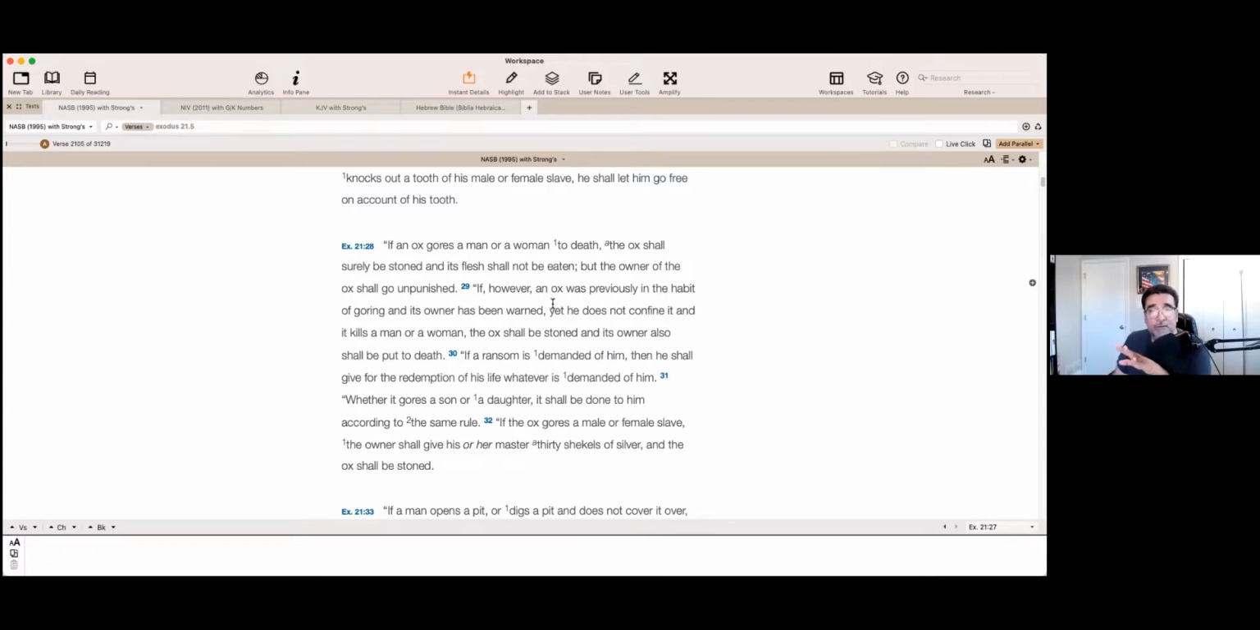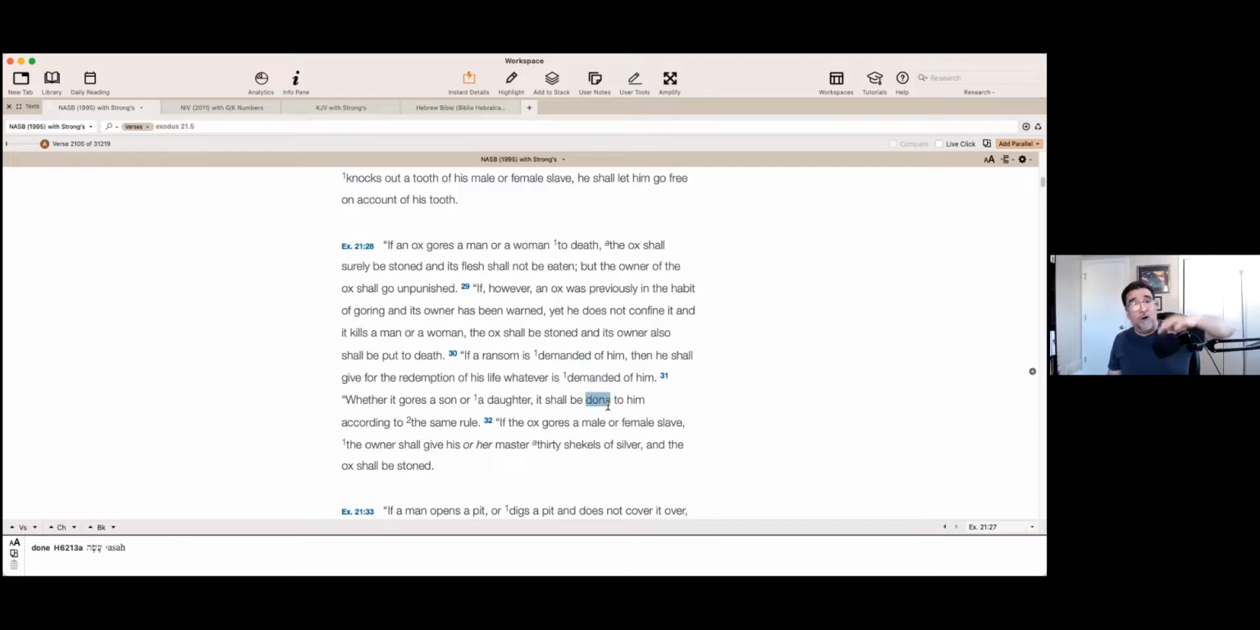See, that's very interesting, right? If an ox was previously in the habit, in other words, they've done this before, and the owner didn't do anything about it. The owner is warned. You see how you can get principles from these case studies? If the owner had been warned, he doesn't take action, he doesn't confine it, and it kills a man or woman, the ox is going to be stoned, he's going to lose the ox, and its owner shall be put to death,